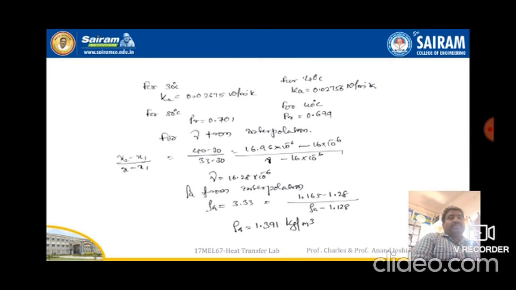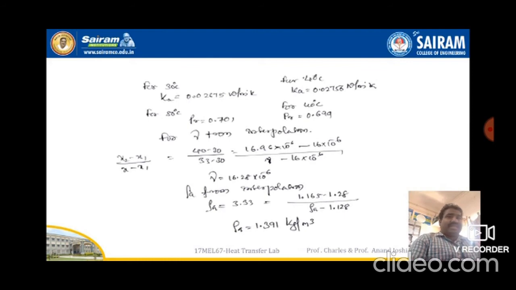First one, that is mu, by interpolation method. So we can calculate kinematic viscosity by interpolation method, x2 minus x1 divided by x minus x1. This is the general formula for calculating any intermediate values. So we got it. Mu is equal to 16.28 into 10 to the